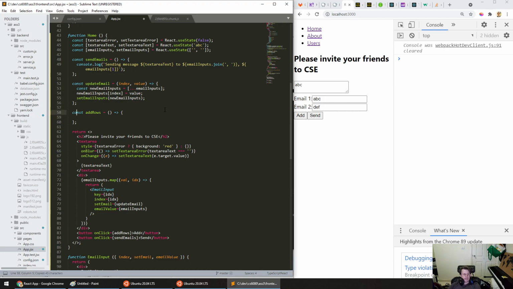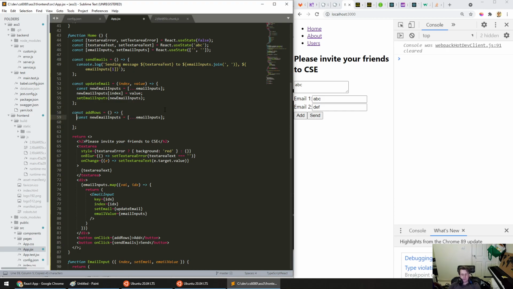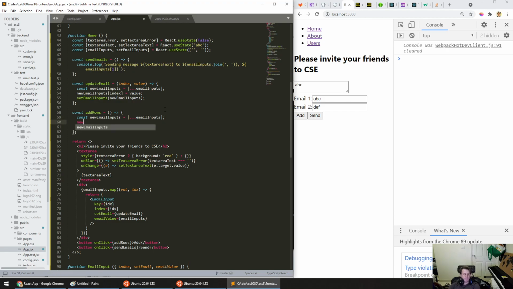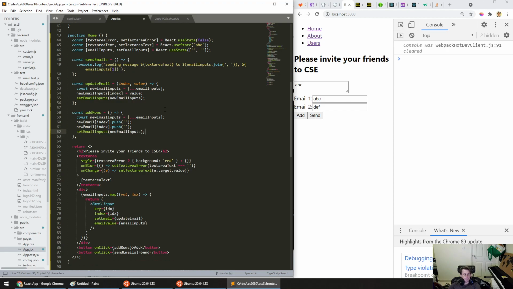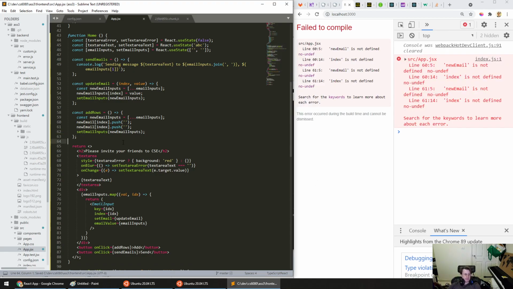So how are we going to do that? Well, we're going to copy our email inputs, and then we will append 2 new rows to it. Like this. I want to push 2 new rows, and then we will set email inputs to be the new thing, right? So it's quite straightforward. We have a list of email inputs. We want to add 2 more, so we append 2 more onto it. And now when I refresh the page,